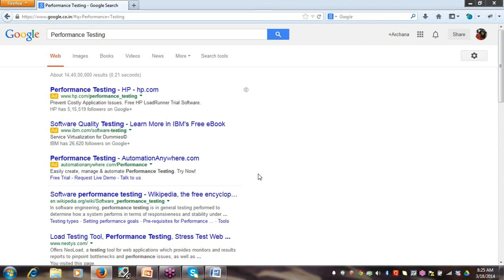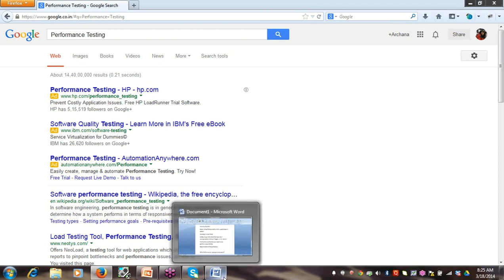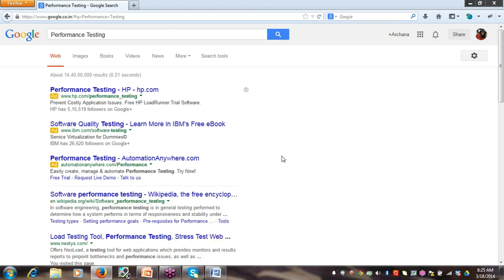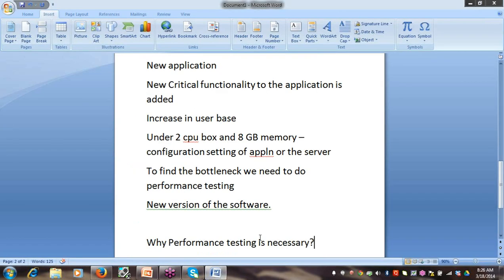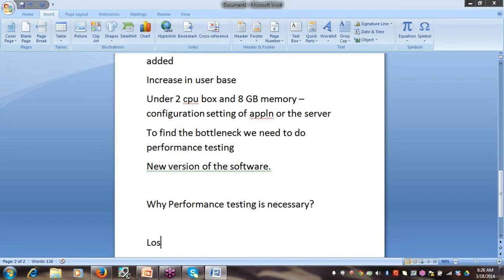It's directly deployed in production, goes live, and your system crashes. The application is not available to the users. Then there is a loss of business and brand value,